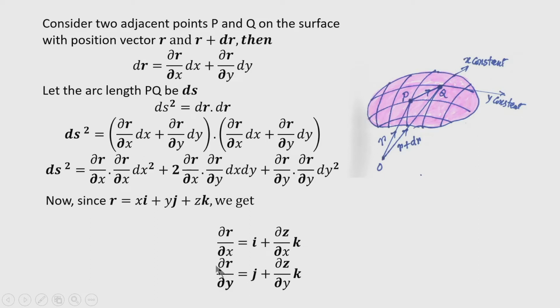equal to, say here again x, if I differentiate this quantity with respect to y, then this quantity will be 0, and therefore, only this quantity will be coming, say j vector plus del z by del y, because z is a function of x and y. So, we are now getting these two vectors here, del r by del x and del r by del y. So, this can be substituted now here to again perform the dot product and then get the full expression.